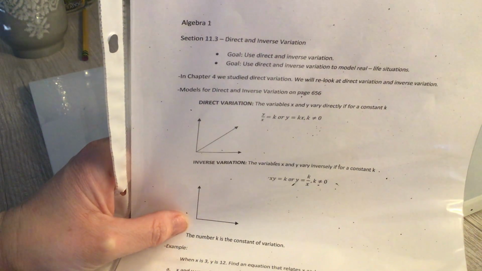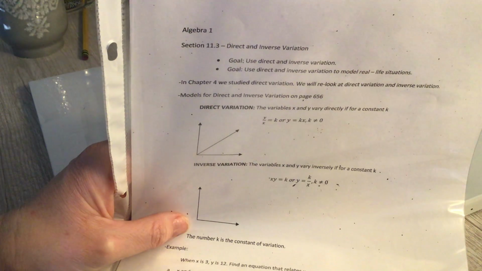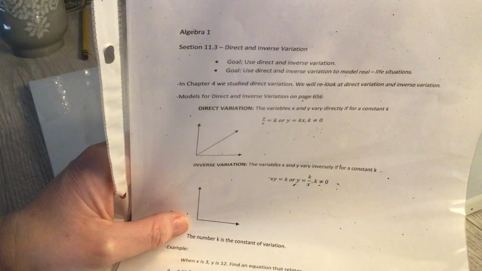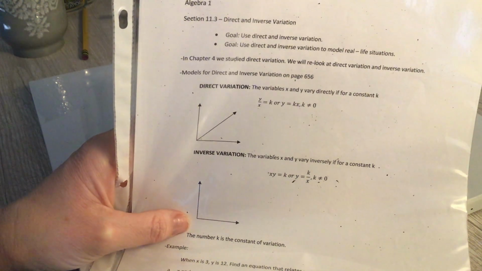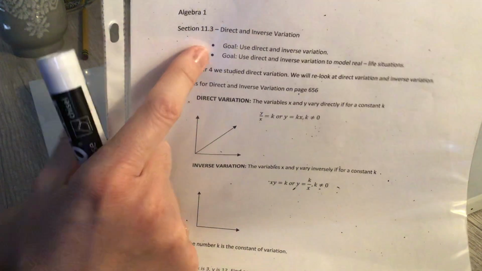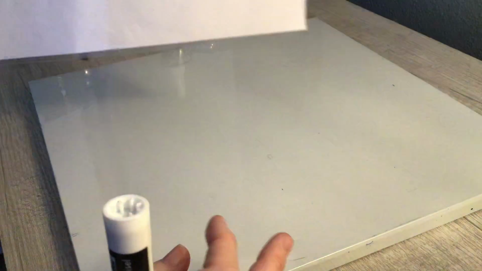Okay, 11.3. So we did percents and we did ratios and proportions, okay? So with that goes something called direct and inverse variation. We already did direct variation back in chapter 4. And direct variation just is saying that if x and y vary directly,